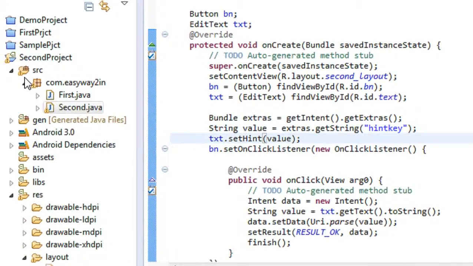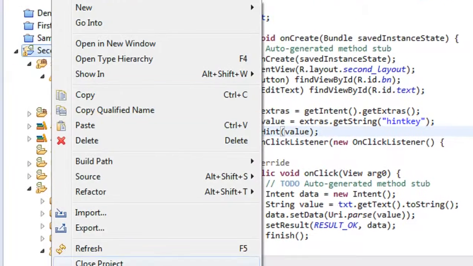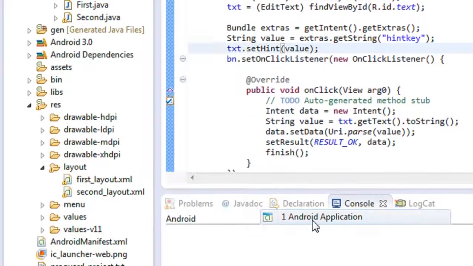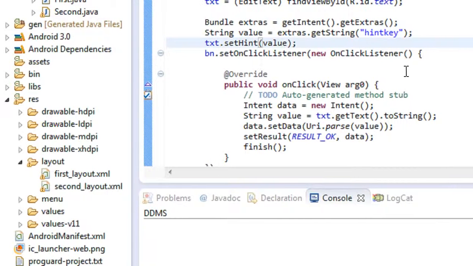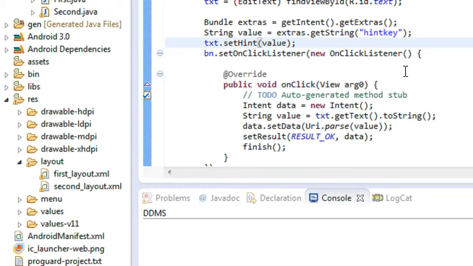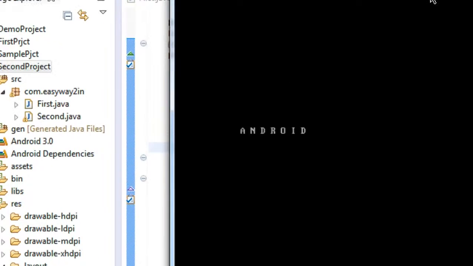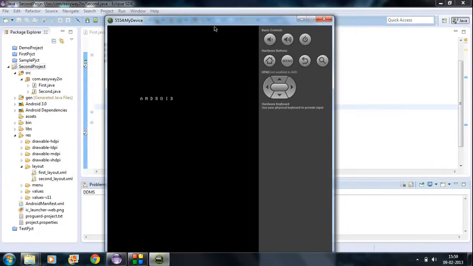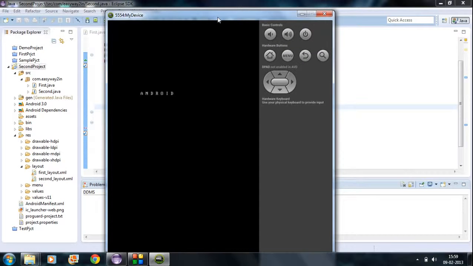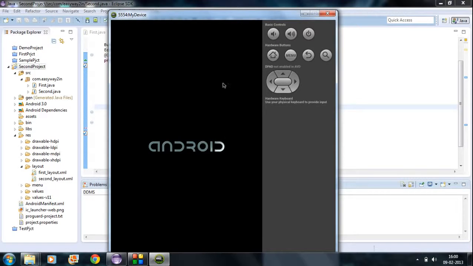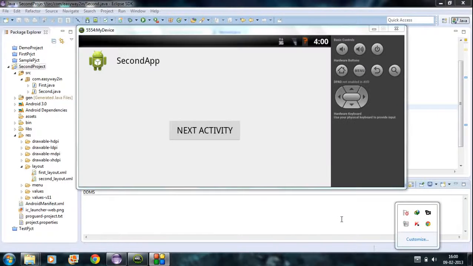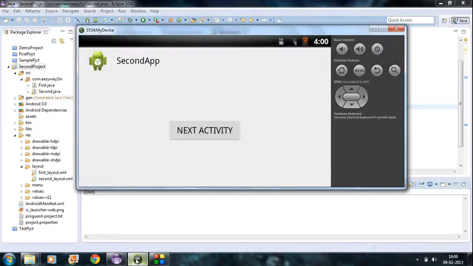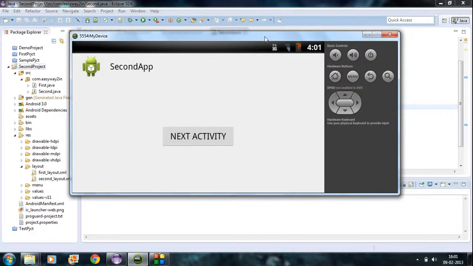So now I am going to run the project, run as Android application. Now you can see that the emulator is starting up. Wait for the emulator to fully load. Okay, now you see that the project is successfully loaded on the